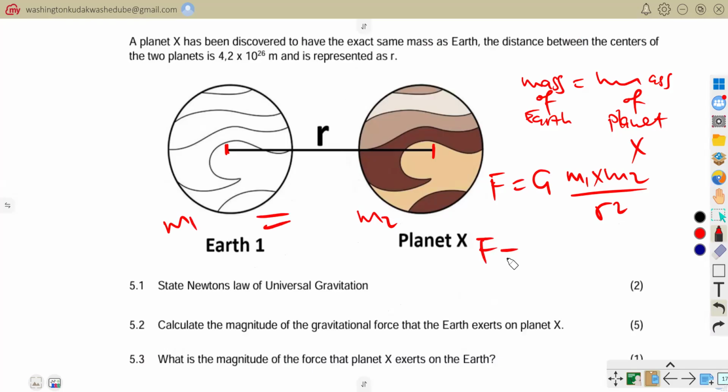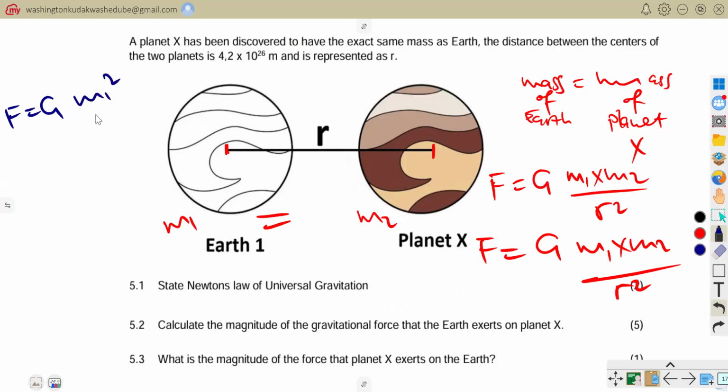Therefore, this would go to say F is equal to G M1 squared all over R squared. Now, what we now need to find is